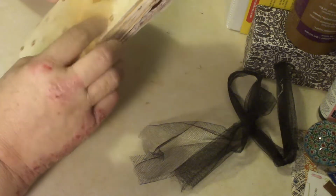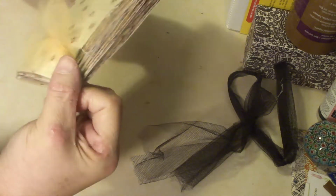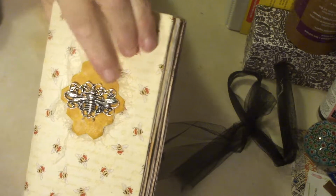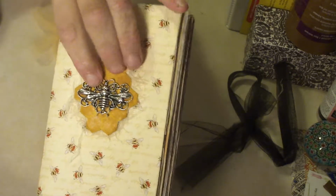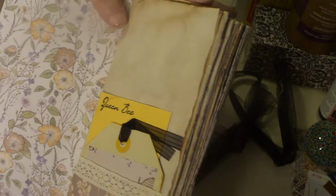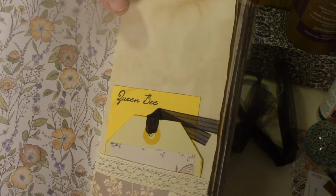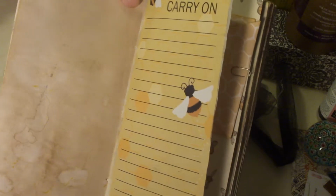And we'll go real quickly through this one. The embellishment on the front here is very similar. It's a piece of gauze, a piece of the honeycomb paper that I fussy cut out, and then really mustard seeded it up, and then the embellishment that I bought from eBay. And another yellow index card stamped with Queen Bee. Stamping here for the honeycomb pattern. Washi, another one of those be calm and